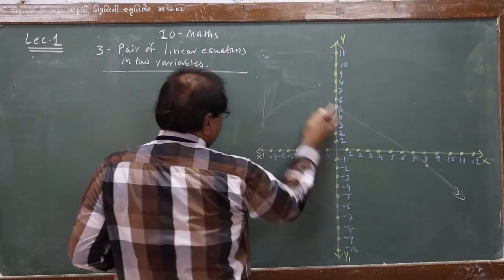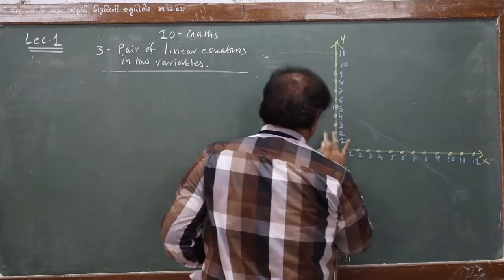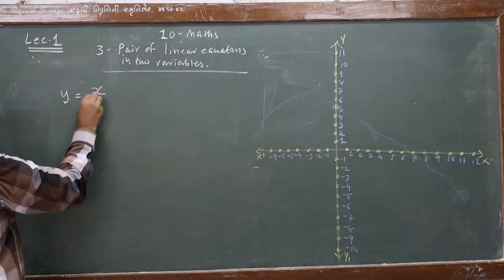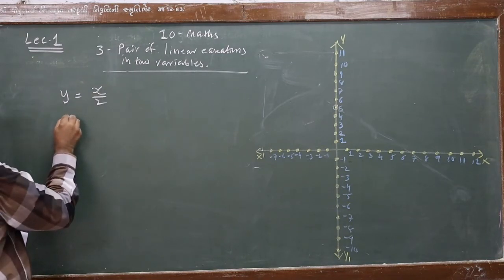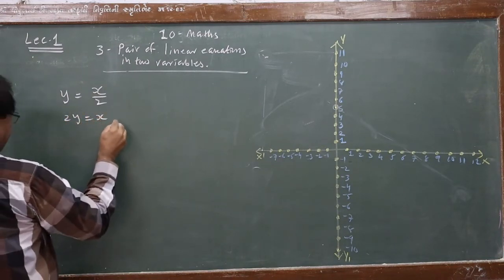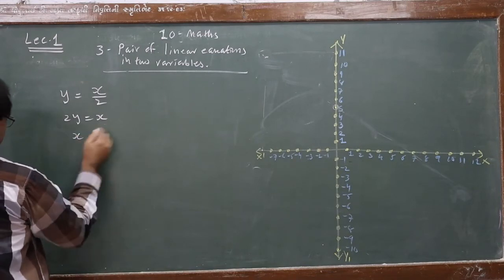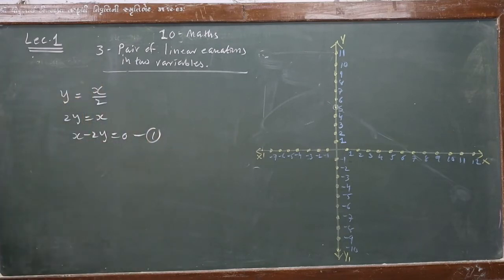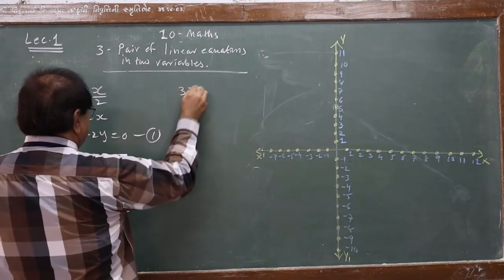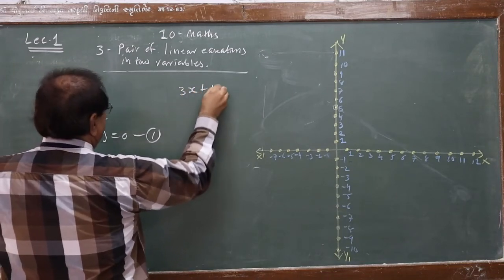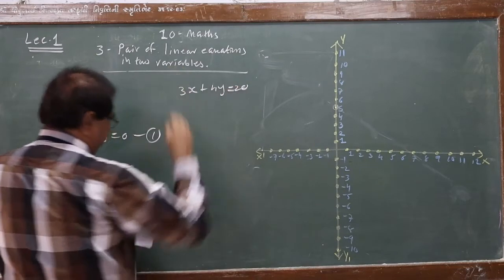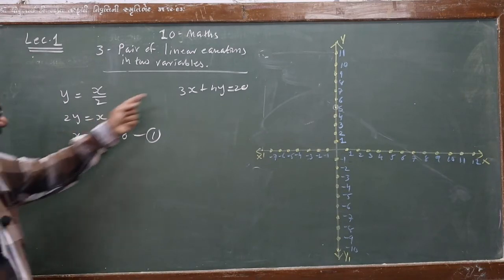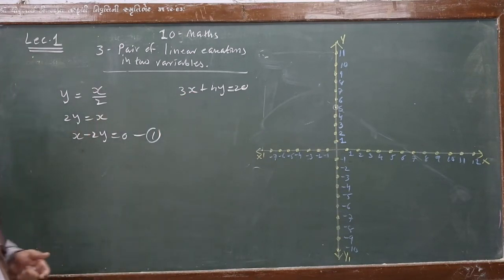Akhila's example. She went to a fair. Okay. So first one, the number of hoopla is half the number of rides. It was given. So ultimately 2y is equal to x. Therefore x minus 2y is equal to 0. It was equation number 1. And the second equation, if you remember, just now we drew it, 3x plus 4y is equal to 20. Okay. So these were the two equations given. Let us see the line for this equation and the line for this equation. What pattern do they show?